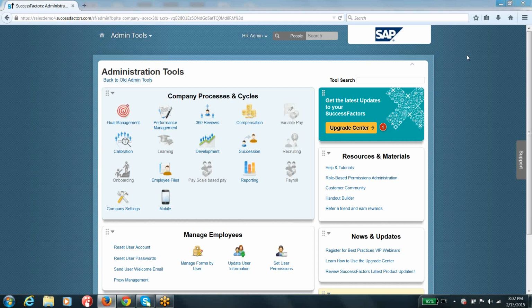I would say yesterday we had a look at the proxy management functionality, right? Also, we had a look at importing and exporting your employee data file, the UDF file, and what kind of options we have. Those things we had a look at.